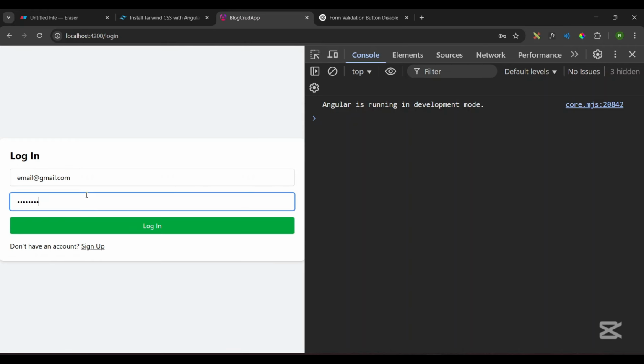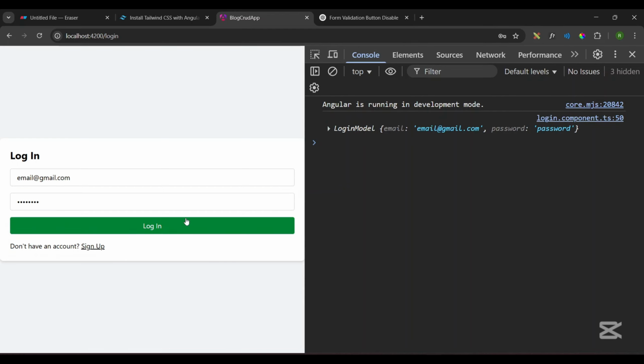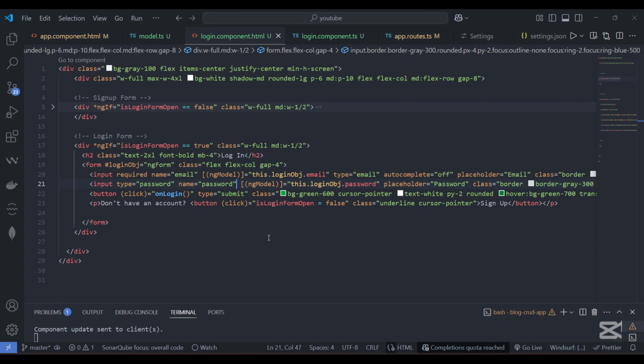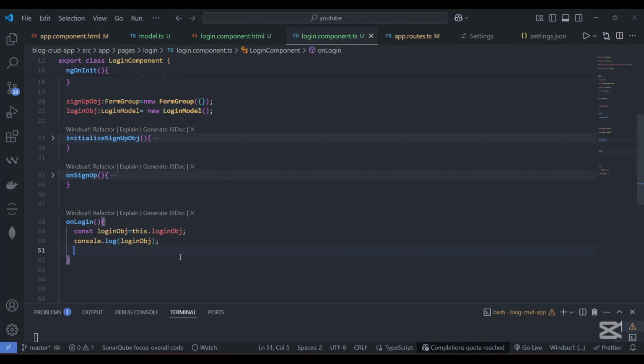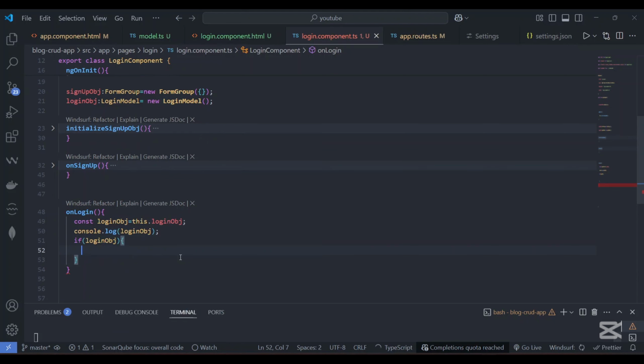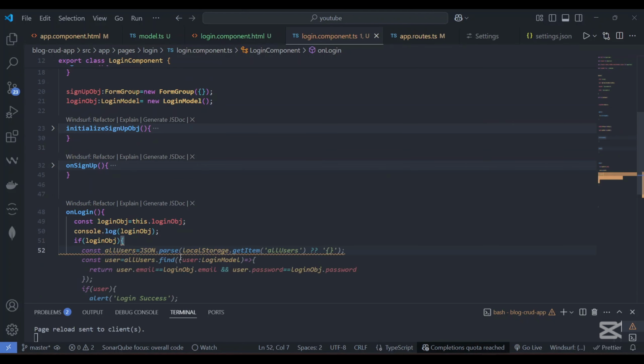Enter correct detail, password and login. What, email at the rate gmail and password. Okay, now we have to check this data with this all users. Okay, this all users. So what we'll do, okay, yes, this is happening. What we'll do, we have to check if the login object comes, only then we will check. Const, we have to get all